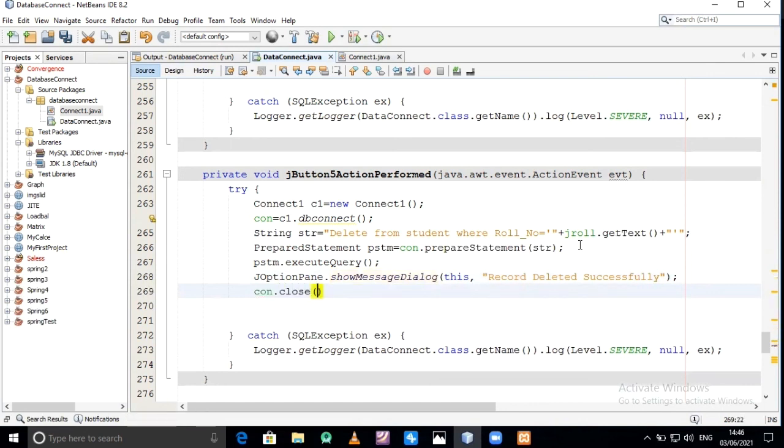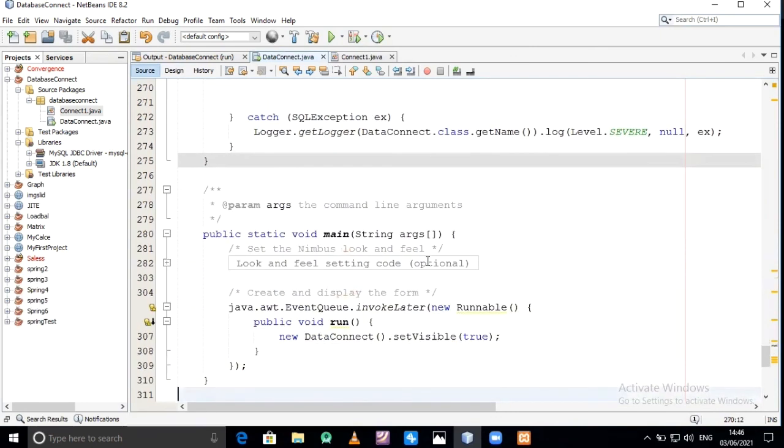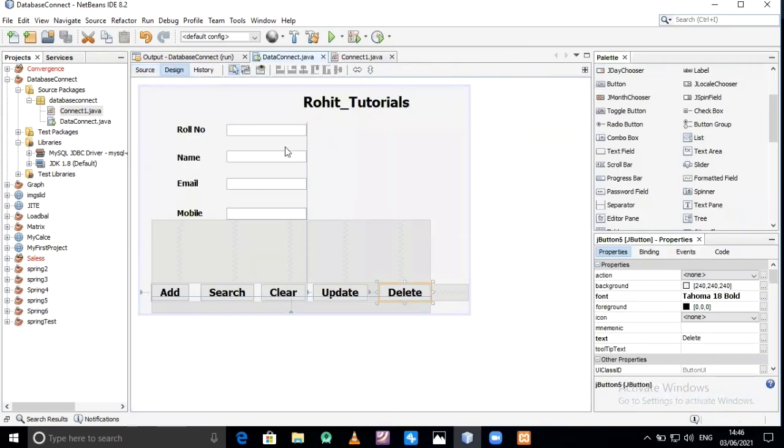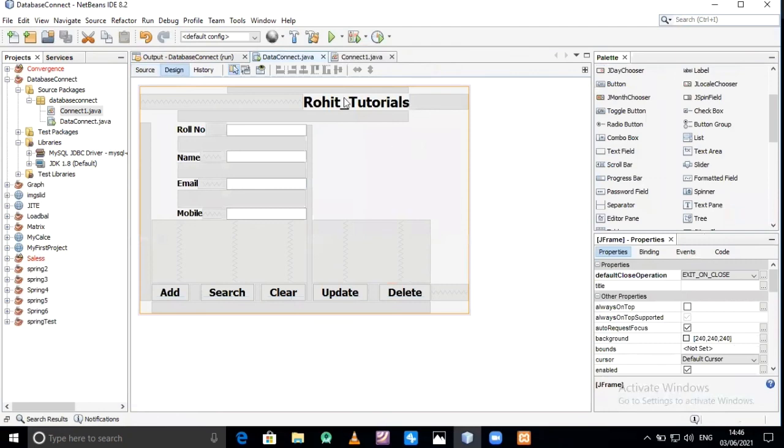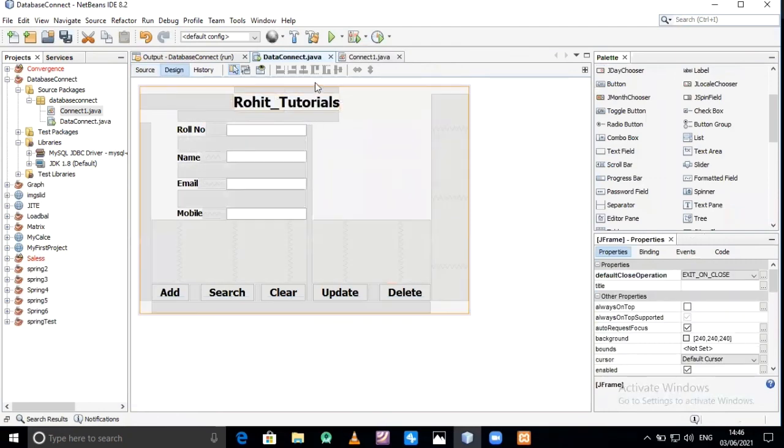Close the connection after all operations are performed. Save. This is our GUI. The whole program is completed.